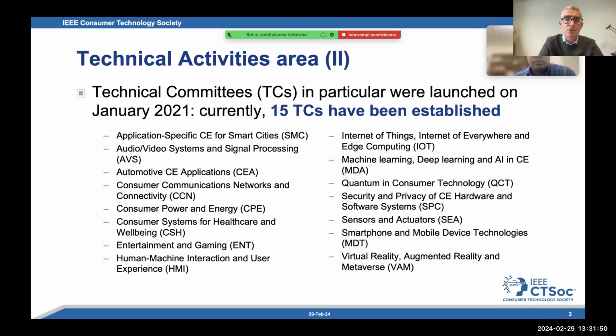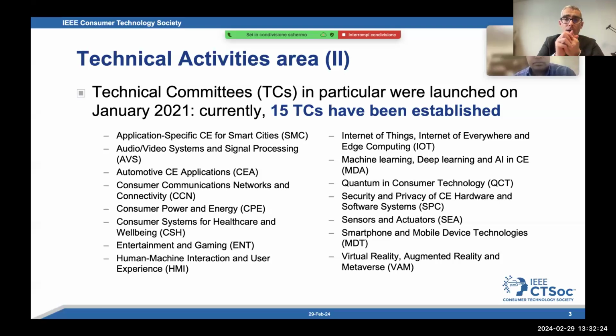And it is organized in committees. There are 15 technical committees which have been established since January 2021. These technical committees basically cover most of the areas of interest, if not all the areas of interest of CTSoc. And today, two of these committees, the HMI, the Human Machine Interaction and User Experience Technical Committee,